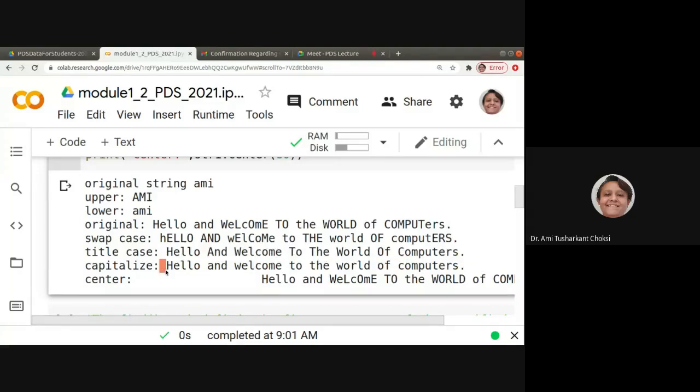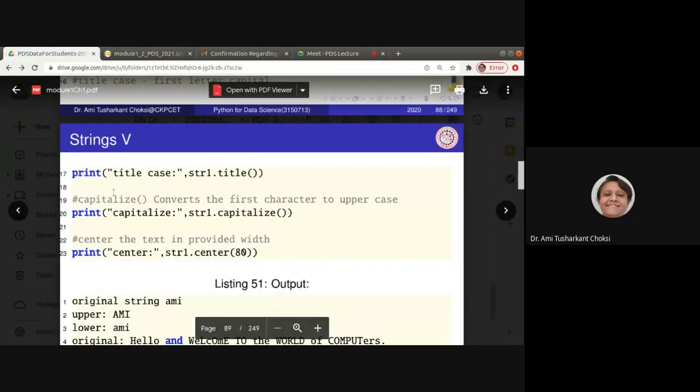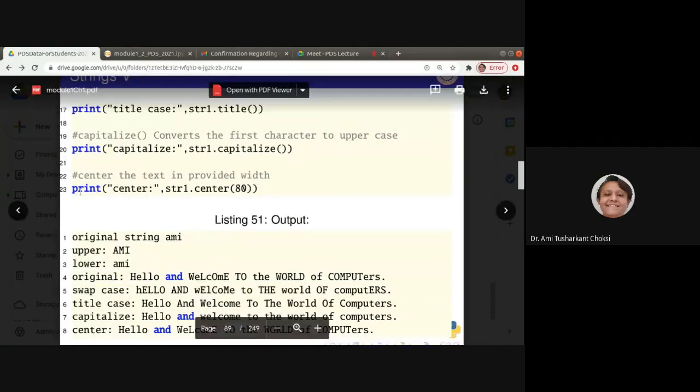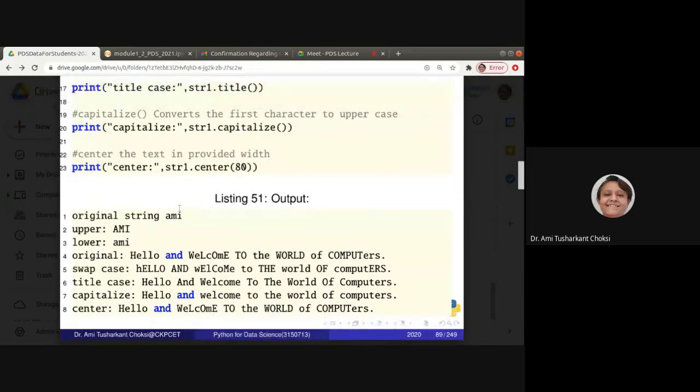Okay. Now, if we want to capitalize, what do we do? We'll directly call it as string one dot capitalize. After that, string one dot center. What does this capitalize do? Does it do the uppercase?